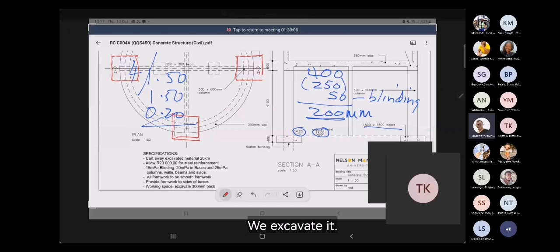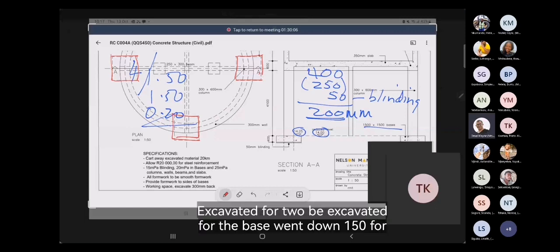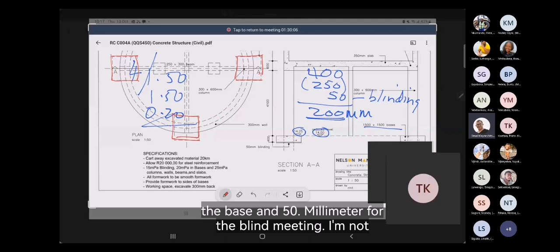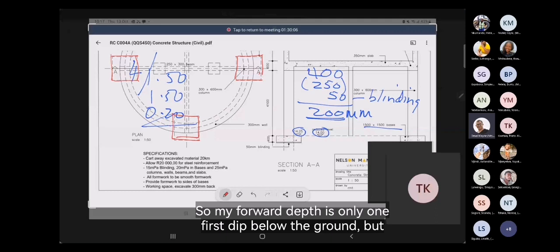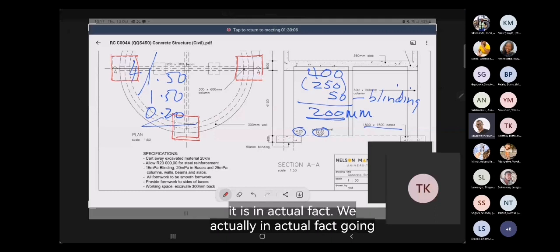We excavated 0.2. We excavated for the base, we went down 150 for the base and 50 millimeter for the blinding. I'm not putting any formwork next to the blinding. Okay? So my formwork depth is only 150 below the ground, but it is in actual fact going 400 because